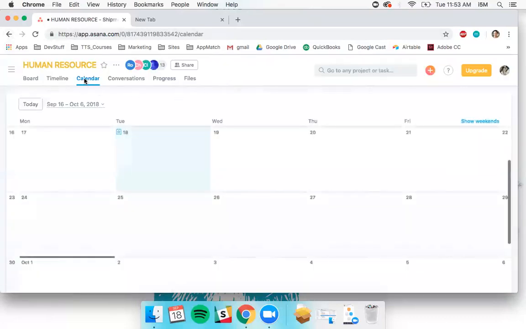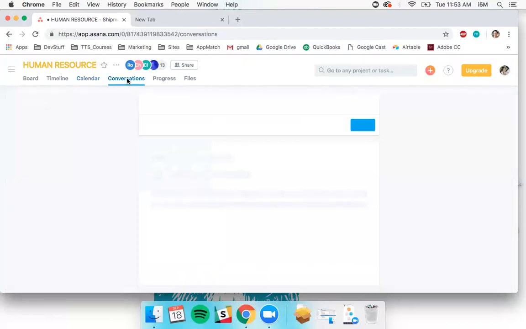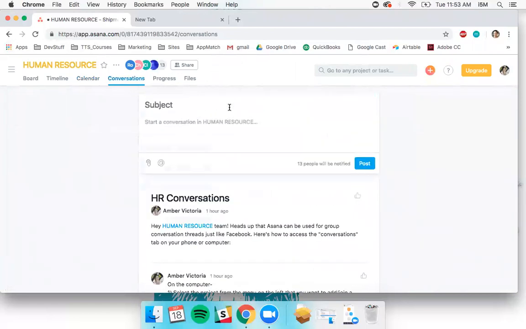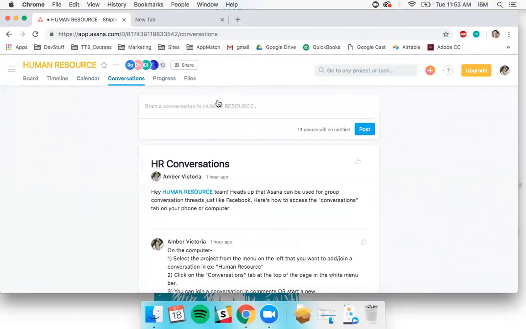Awesome. So that's the calendar view. We can also go into the conversations view, which is really useful for teams that are working in Asana. Just like Facebook, each project in Asana has a conversations ability. So in order to start a new conversation, which would be like starting a new thread on Facebook or a new email chain, we would just hit this box here, which says start a